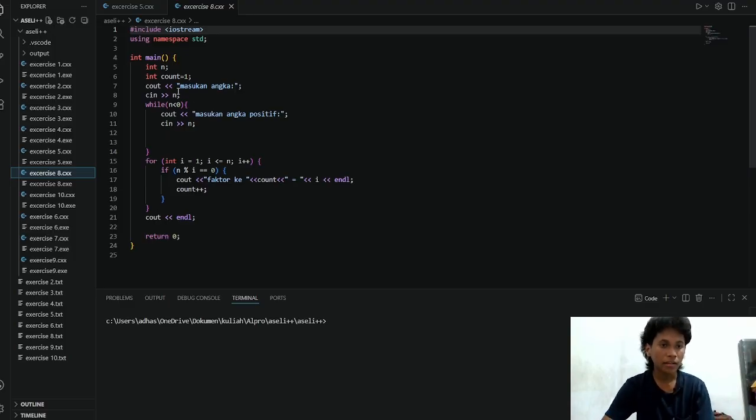Then in line 7 we print a prompt to enter a number, and then we input n, and this is line 9. While n is less than 0, cout enter a positive number, cin n. So no negative value can